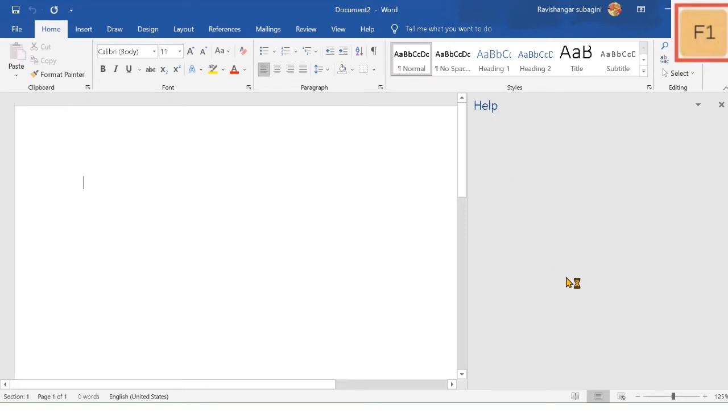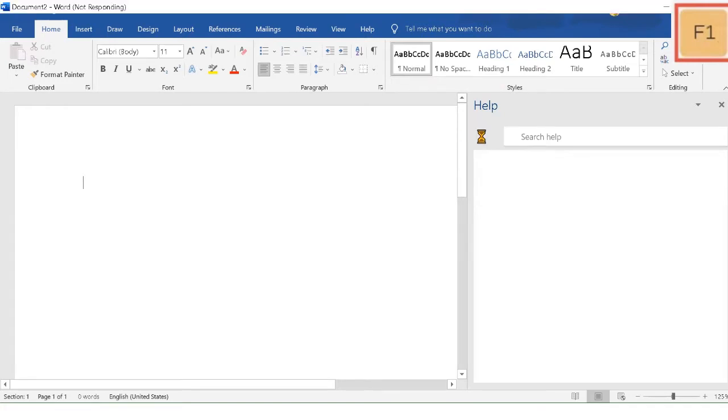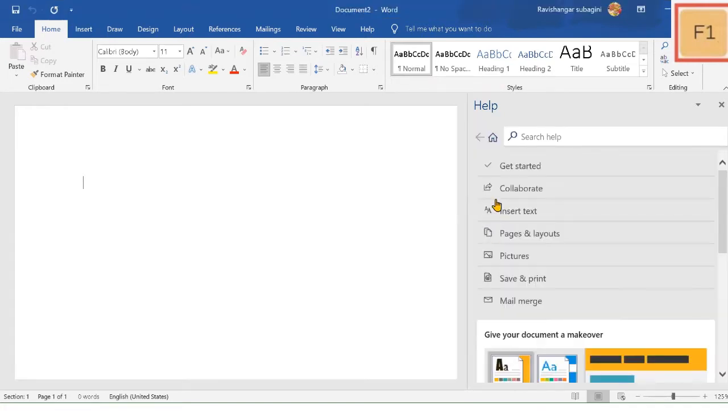While I was working, I didn't know how to insert a page number. So I clicked the search bar and typed page number.